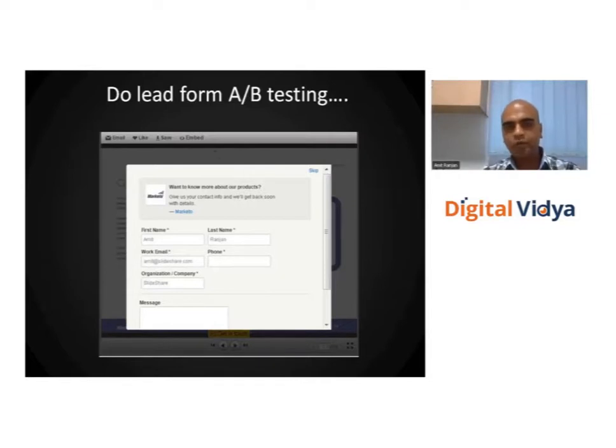And our experience shows that this is just like Google AdWords and AdSense. You need to do some testing, you need to figure out what is working for you, and within a few weeks you will realize what are the settings that are working best for you. So we would strongly recommend some A/B testing that you could do with the platform.